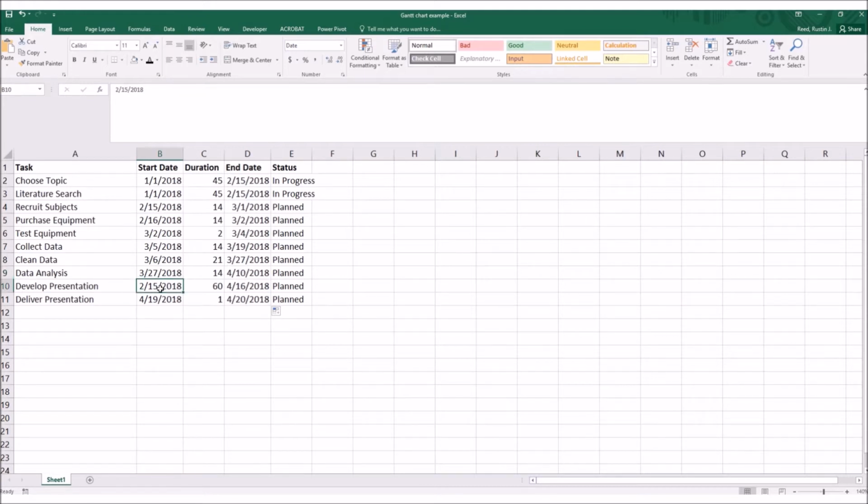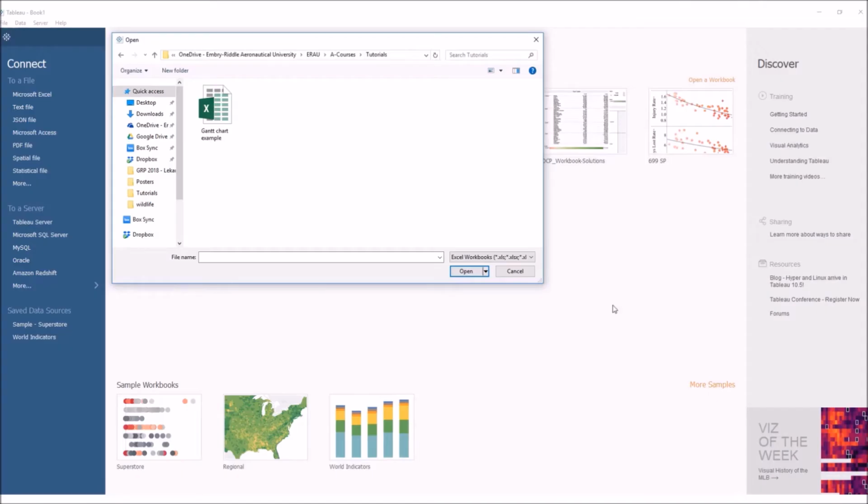Developing a presentation could be done over a long time period. You could start with an introduction and methods even before you've collected any data or done any analysis. Anyway, so I've got this ready. I'm going to hit save. So we've got it ready, and then I'm going to open up